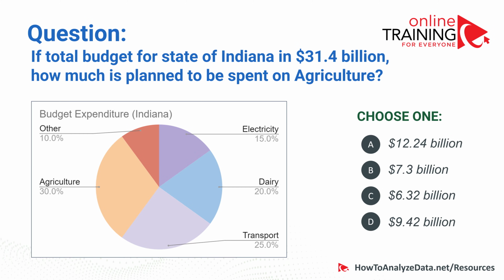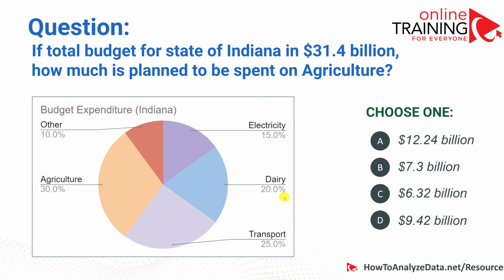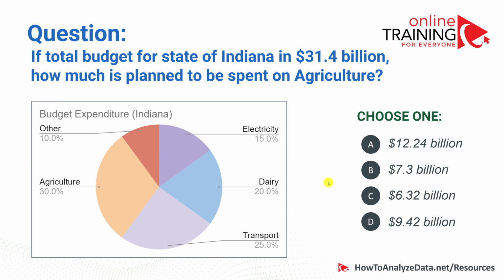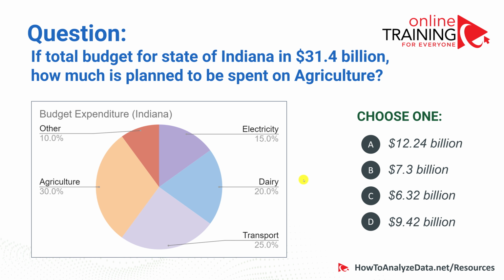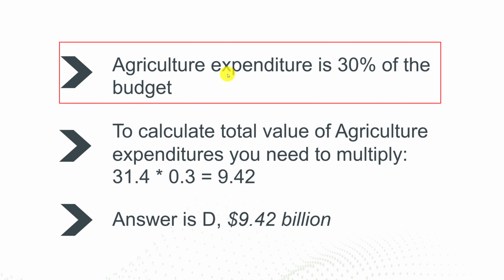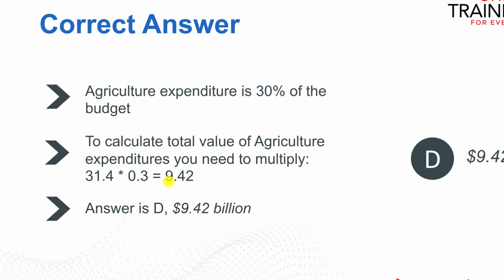To get to the answer for this question, you need to understand what is the percentage of spend for agriculture. And based on the graph, the planned spend for agriculture is 30%. To calculate the budget for agriculture in actual US dollars, you need to multiply 31.4 by 0.3, which represents 30%. Whatever's correct answer based on this calculation would be the choice that you should select for this type of questions. Let's look and recap this question. Agriculture expenditures is 30% of the budget. To calculate total value for agriculture expenditures, you need to multiply 31.4 by 0.3, which is equivalent of $9.42 billion. So the correct choice here is answer D,